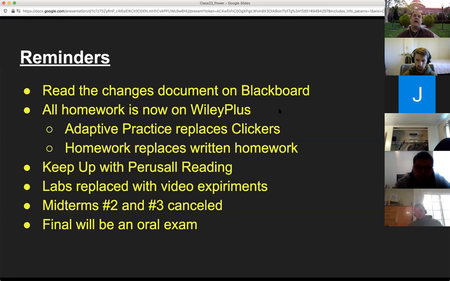Now, the good news is Wiley Plus is free for the rest of the semester. So it won't cost you anything to access. The bad news is it still has all of the problems that online homework systems have. Online homework systems tend to emphasize the answer, the result at the end, rather than the process. And they often have interface issues, right? It's just frustrating. You can't figure out why it's not taking your answer, or if your answer is wrong, or if your answer is just formatted incorrectly, or whatever. I'm sorry. I'll do my best to help with those things, but to some level, that's just where we are.